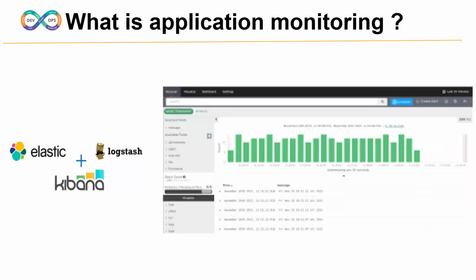What is ELK? Elastic, Logstash, Kibana. So totally it is three tools. By helping of these three tools, we're going to monitor our applications. After placing our website, how exactly it works, how exactly it is maintained. Each and everything we are going to monitor, including performance, and we'll get statistics that look like this.